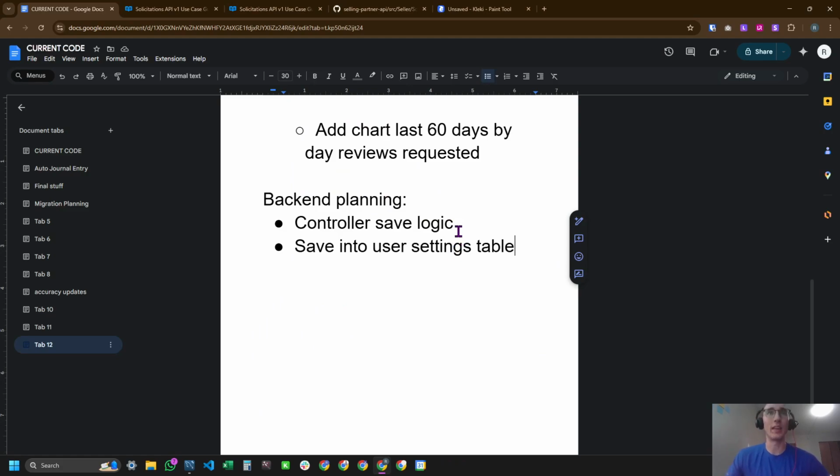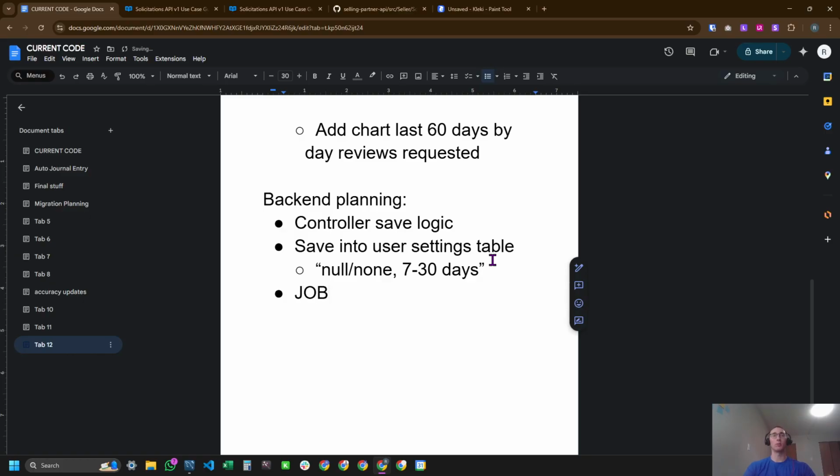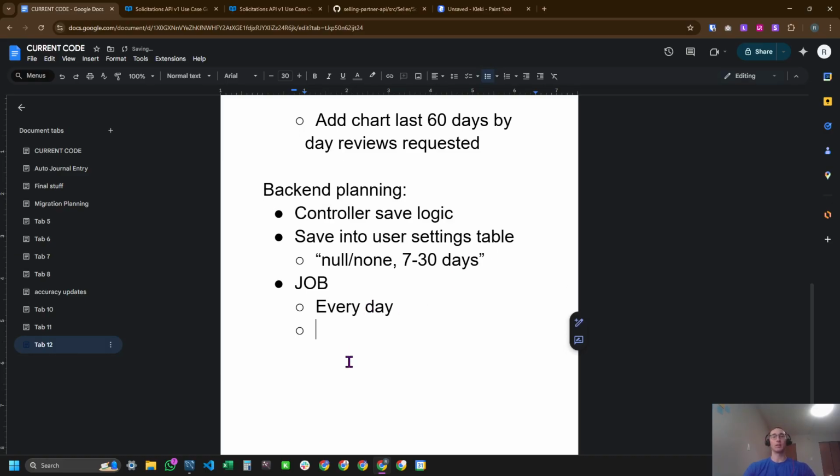So we'll save that in there, and it will be null/none or 7 to 30 days? And then we'd actually create the job for it. And this job is going to run every day, and every day it runs for every user. Check if user,